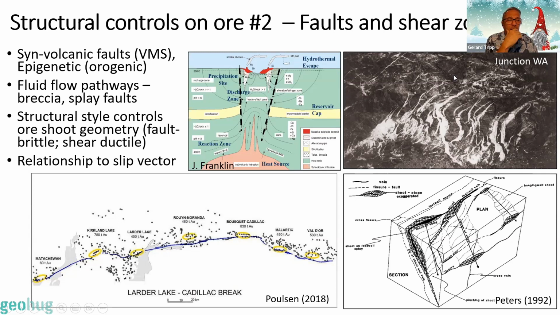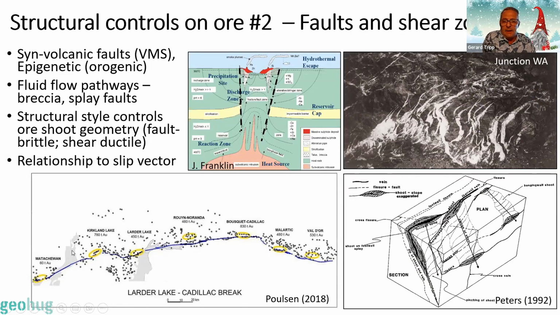Typical orogenic style shear zones and veins in through here. This is from Junction, a nice breccia zone with a sigmoidal shear vein array. That's generally what a lot of these things look like in the orogenic environment. And down the bottom here, the